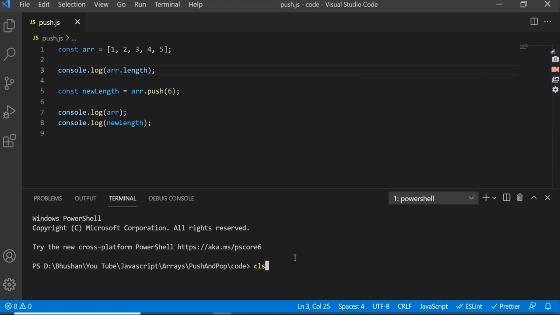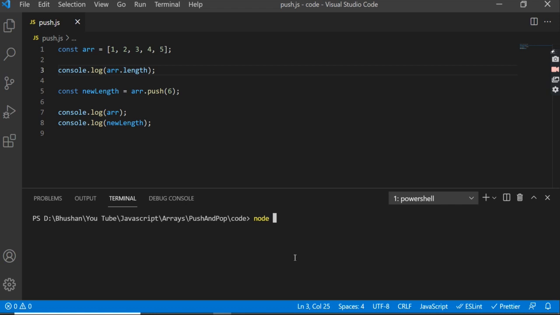Let's run this file, node and the file name, push.js. See here, at start before applying this push method the length is 5 because we have 5 elements, but after that the length is 6 and the element that we have added gets added at the last of this array. See here, the 6 is added after 5.